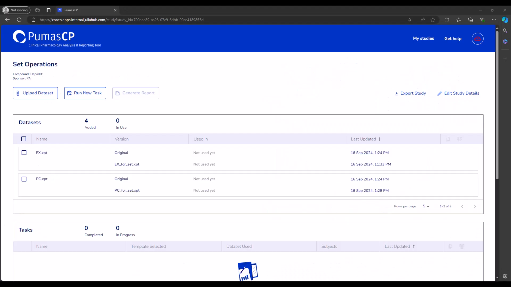Hi, welcome to another video tutorial on PumasCP. So in this data wrangling tutorial, we'll be looking at set operations that can be performed in the data wrangling